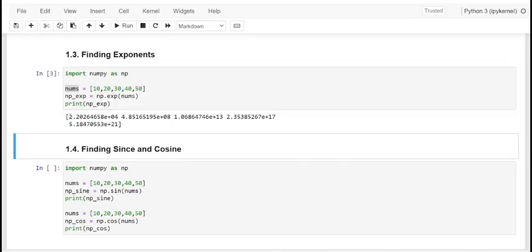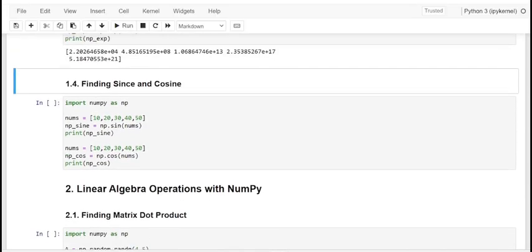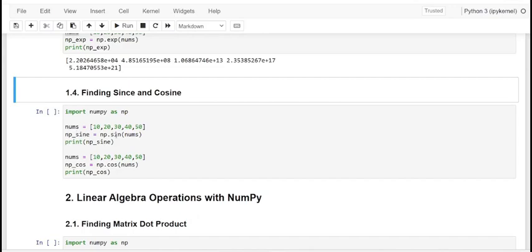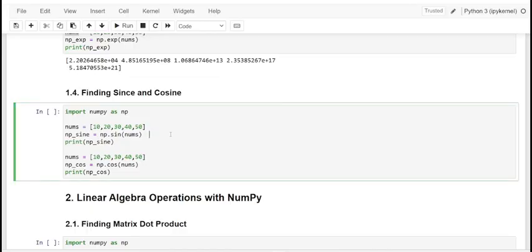And how to find it is, of course, the sine function. Here we are just going to pass it as sin, and for the cosine function we have to pass cos. And when just passing the list, we would get the cosine functions and the sine functions respectively, according to the elements of the list.